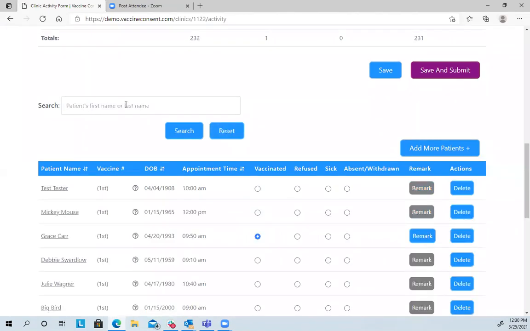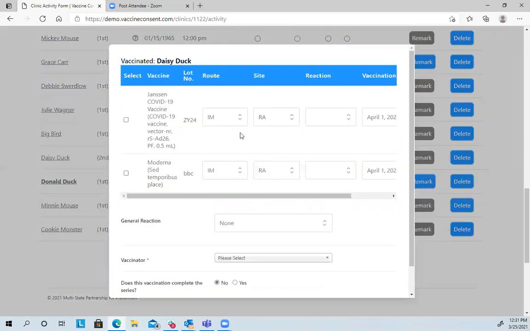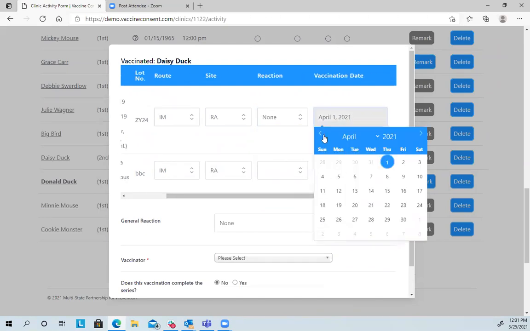This is either by their first name or last name that you can search here. Okay. Now you see Grace is done. So if Grace mistakenly told me something, let's go down to somebody. I think your question was, what if somebody says this is their second, but it actually isn't? How do you remark that? I could go ahead and, to Daisy, go through the process of putting in all the information for her. Make sure I have the right date, as we said.